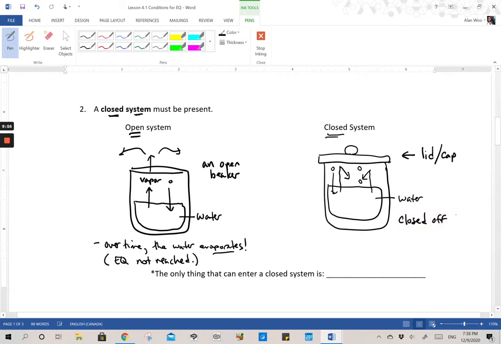It's closed off to the environment. So that means we cannot pour anything into the system. We can't cause any sort of pressure changes, okay? Because anything that happens in terms of pressure only affects the outside, but it doesn't affect whatever is on the inside. So when we look at the word system, okay,